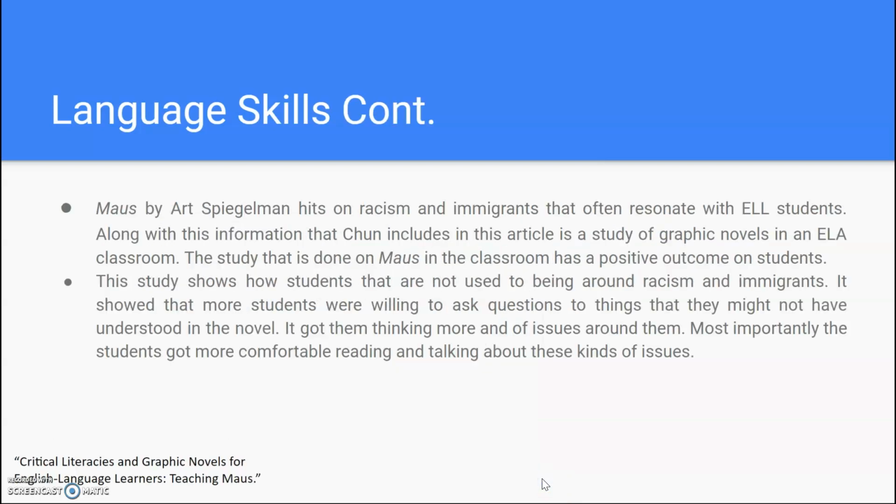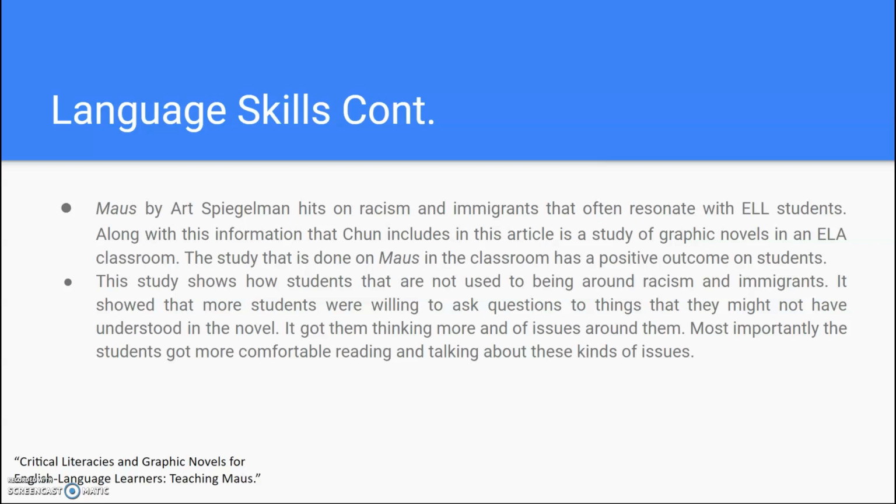So, language skills continued. Maus was by Art Spiegelman, and he hits on racism and immigrants that often resonate with ELL students, along with the information that Chun includes, who was the author in this article, which is a study of graphic novels in an ELL classroom. This study done on Maus in the classroom has a positive outcome on many students. This study shows how students that are not used to being around racism and talking about it, along with immigrants,